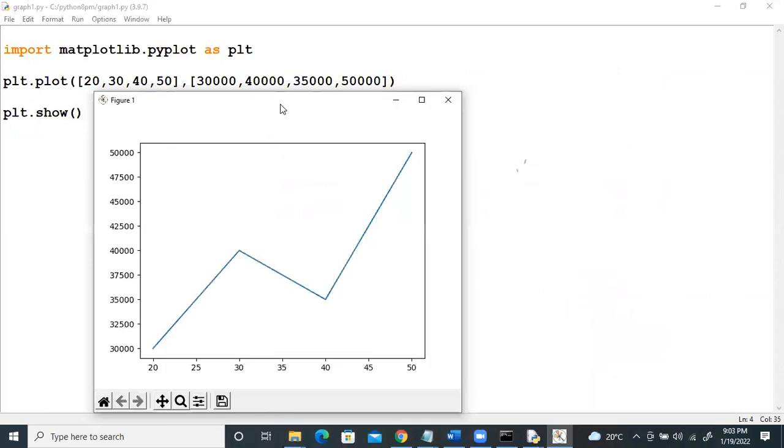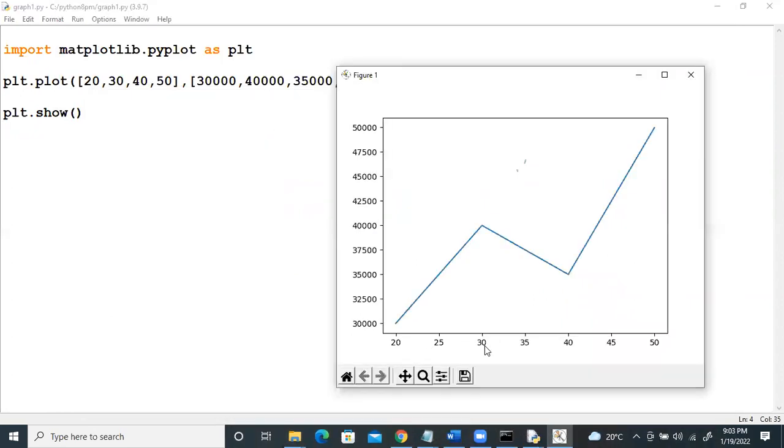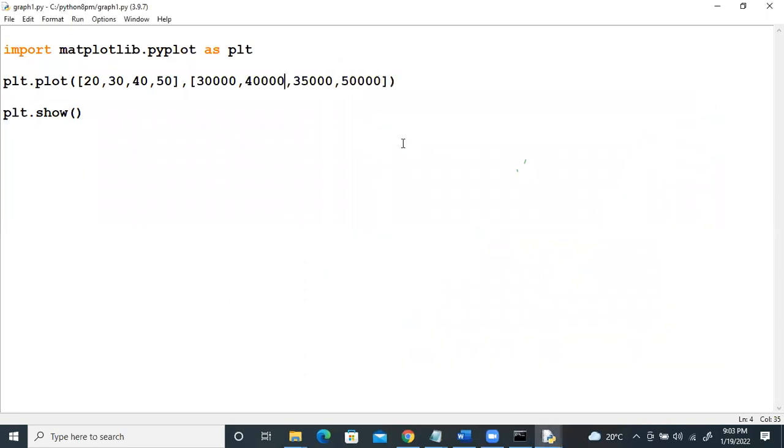Now see, for 20, 30,000. For 30, it is 40,000. For 40 years, it is like 35. For 50, it is 50,000, right? This is the graph. By default, you will get a solid line graph, right? Solid line graph. But I want a dotted graph. I want a dotted graph means,